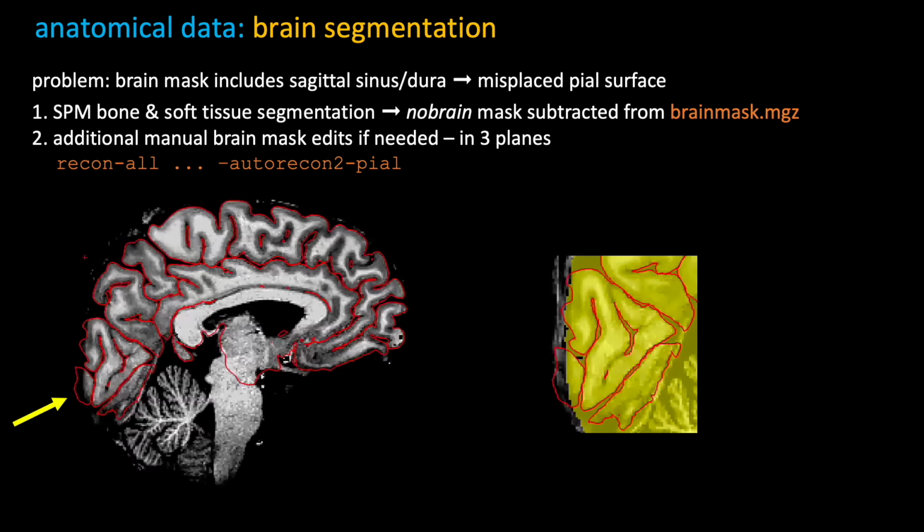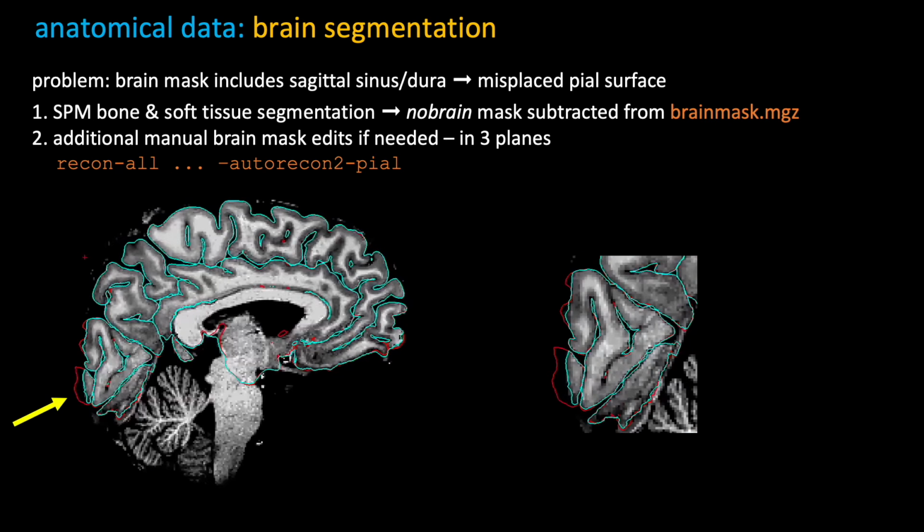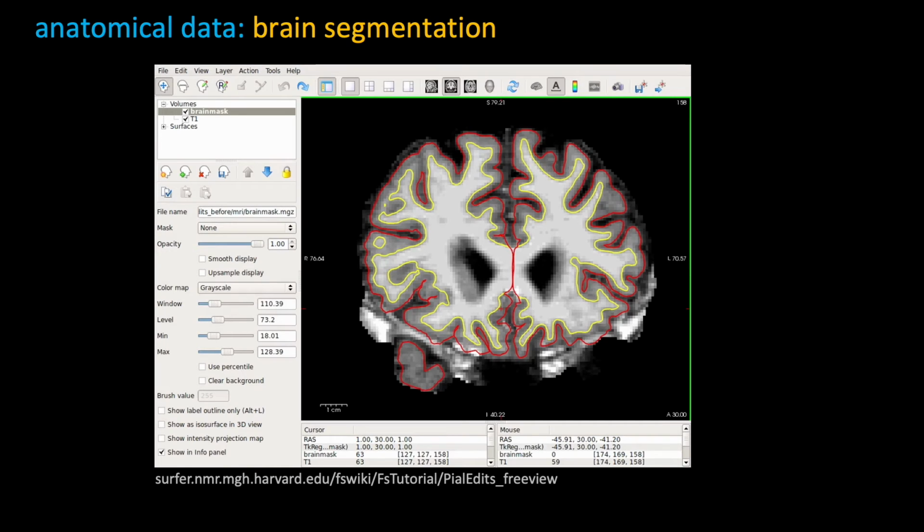And then we can rerun the part of Recon that runs after this mask was created, so we're trying not to override it. And these blue lines show you the surfaces after this intervention. So maybe they're not perfect, but they're way, way better. And here is the video from the